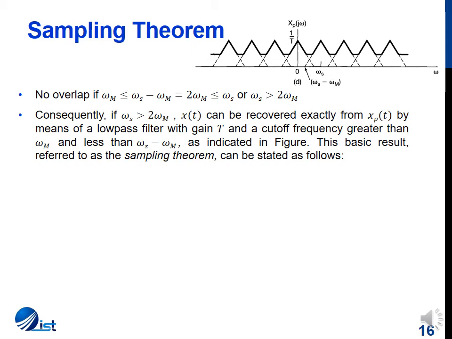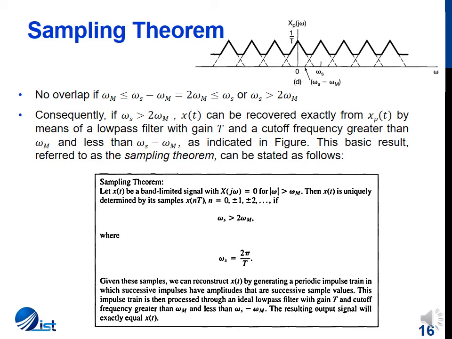So if omega s is greater than 2 omega m, x of t can be recovered from the sampled version by means of a low pass filter with gain T. Now the gain of the low pass filter would be T, because we see that the sampled signal had a magnitude of 1 by T. So when we multiply the magnitude 1 by T, we'll get a magnitude of 1, so the original signal will be recovered. So this result is referred to as the sampling theorem, and it can be stated as: